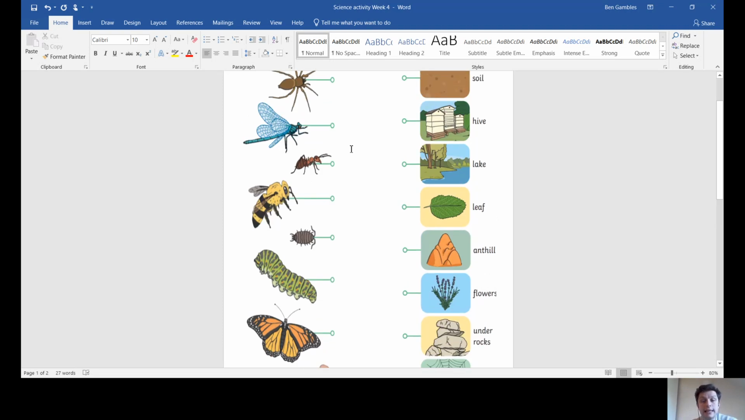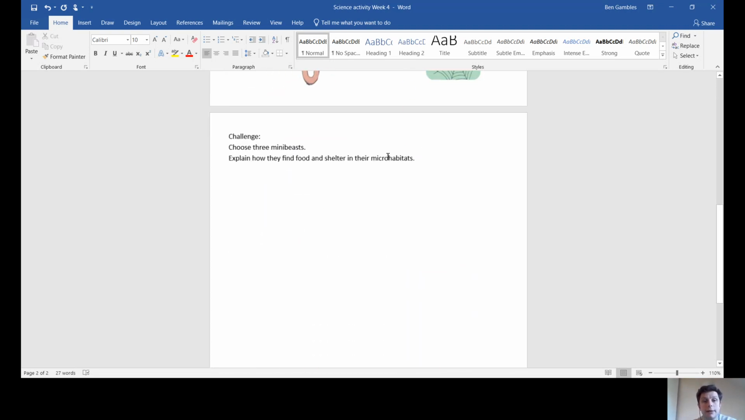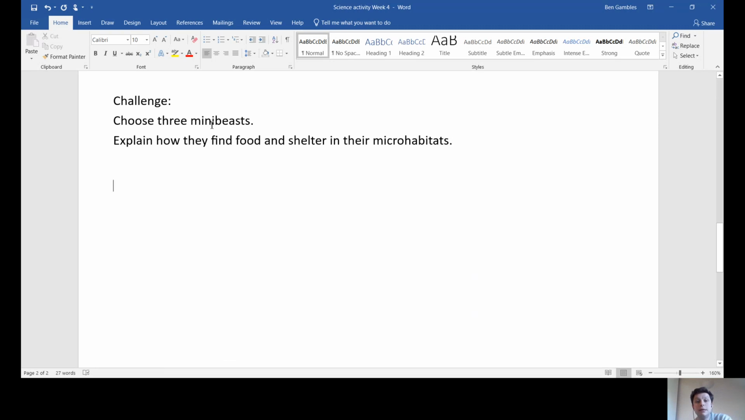Now, once you have done this linking up, there is a challenge on the second page, and it says choose 3 mini beasts and explain how they find food and shelter in their microhabitat. So just write a couple of sentences about 3 of the mini beasts and explain why that microhabitat is good for that mini beast. So for example, we might write spiders make webs